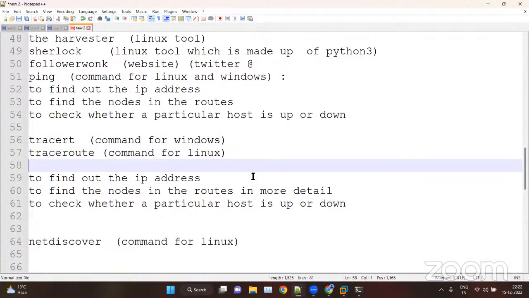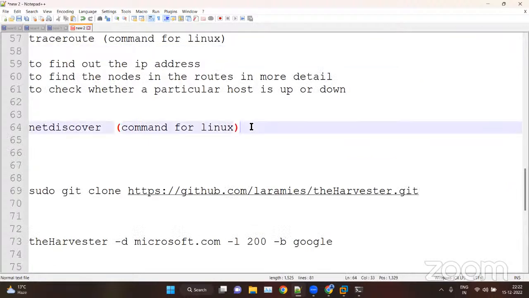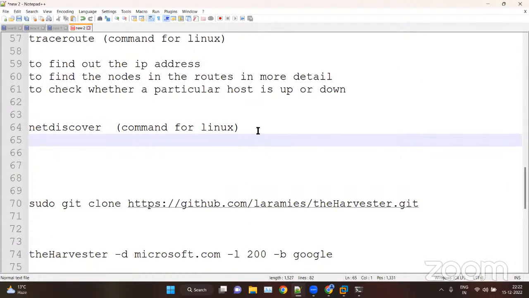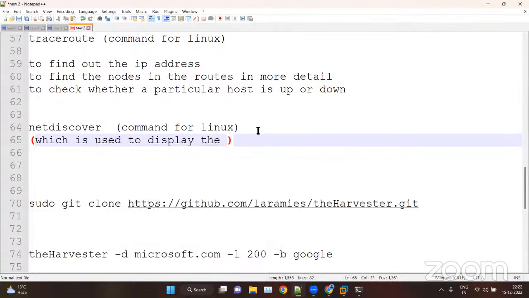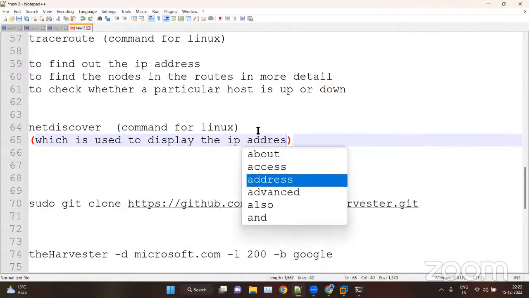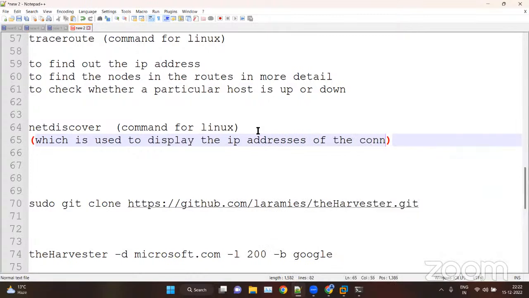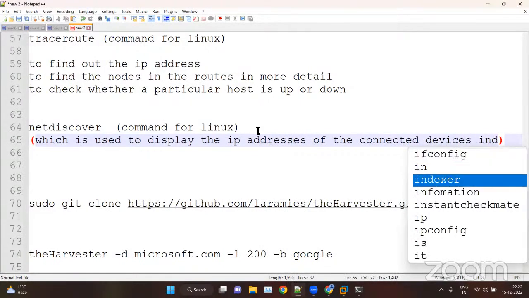Last, we have netdiscover, which is used to display the IP addresses of the connected devices inside your network.